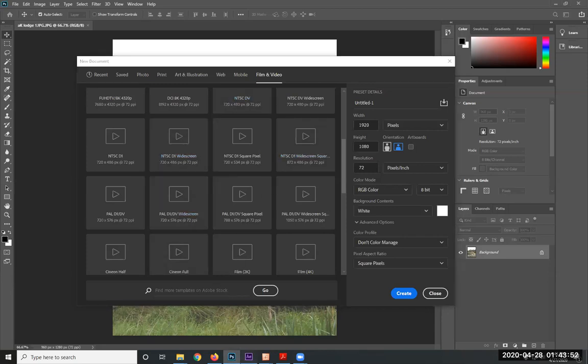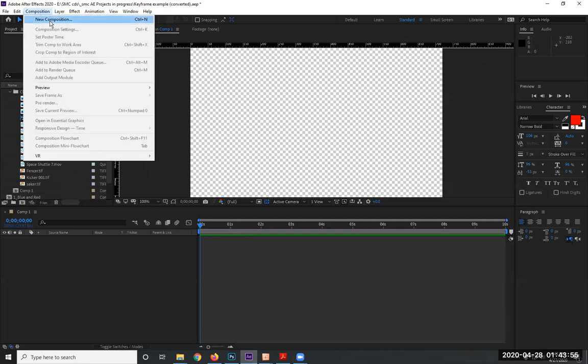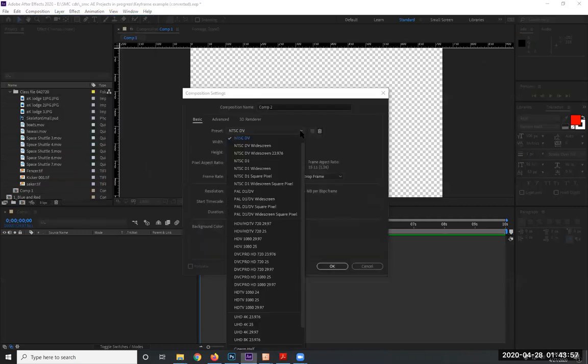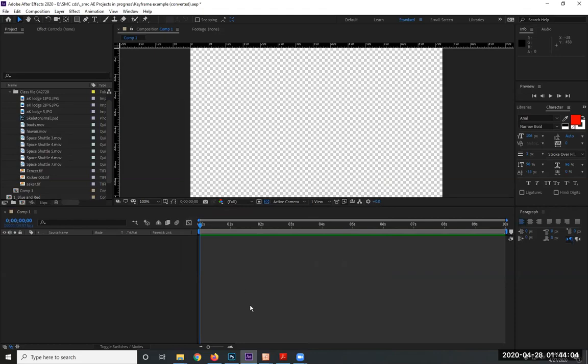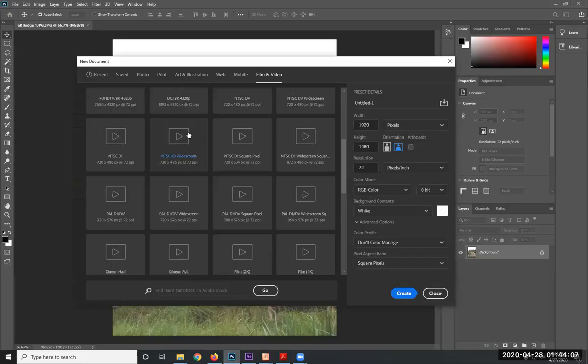This list here matches our After Effects when we go Composition, New Composition. Remember this drop down? Yep, they match each other. So if you were to prepare your files in Photoshop, you could save yourself a lot of time and energy. Now, sticking with the exact same size does not always mean the right thing to do. For example, if you have a photograph that you're planning on zooming in on a lot, you don't want the standard size. You want it to be much higher resolution than that to take the zoom in